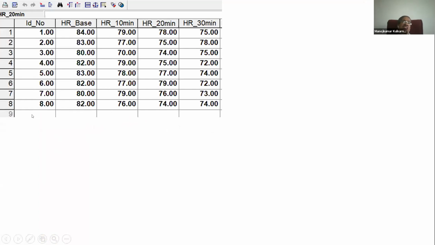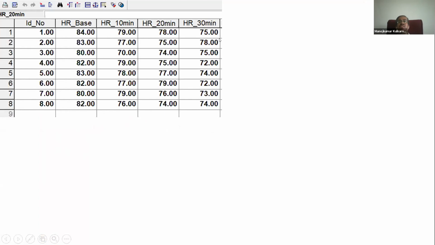This is an example where the measurements are related, taken during anesthesia. While conducting a surgery, when the anesthetic agent was given, we made measurements before giving the anesthetic agent, and after 10 minutes, 20 minutes, and 30 minutes. So these are the heart rates of 10 patients, and we were trying to find out whether there was any change in this. Is the drug affecting it? Because of the drug, is the heart rate coming down?